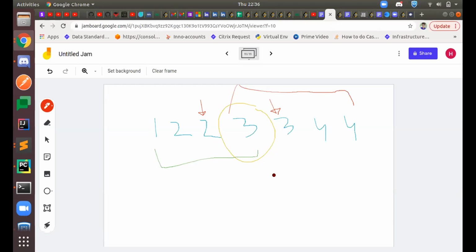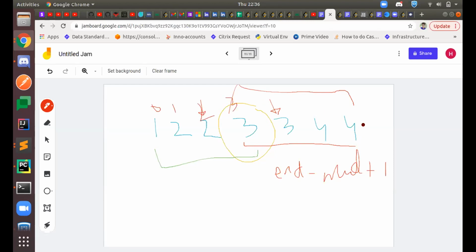So size would be end minus mid plus 1. Right. So 3 minus 0 plus 1. And this would give you the size of this segment. So in this case, it would be 0, 1, 2, 3, 4, 5, 6.